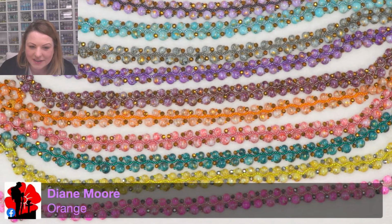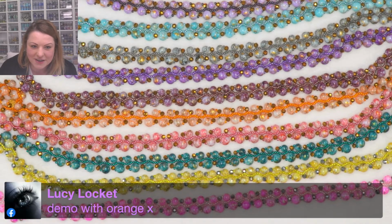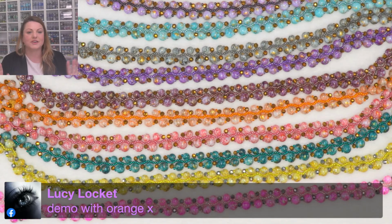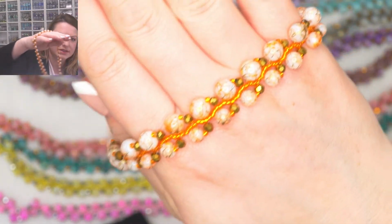Orange, Diane is saying, so we got a lot for the orange. The peach and the orange is the same color. Demo with the orange. I think we might have to demo with the orange. Pink, orange, red, lilac, mulberry. I think the orange kind of wants... Let me just lift this up. And so when we demo with it, will that be...